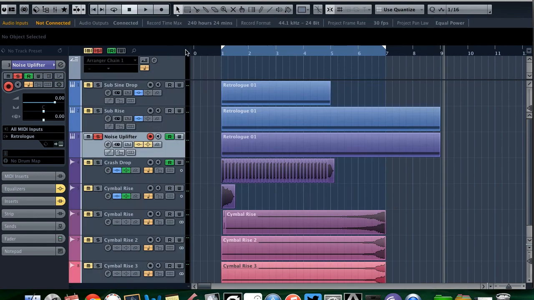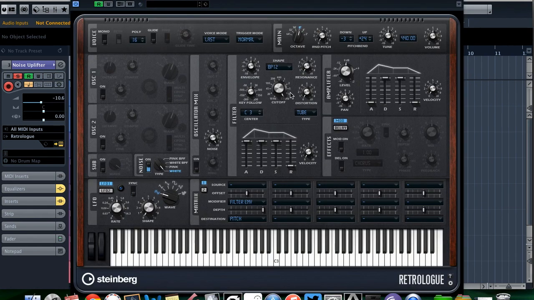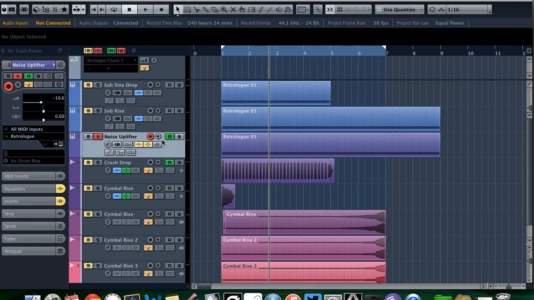You're going to get something like this, which doesn't sound like much. The reason is because of the cutoff wheel. So what we want to do is actually automate this so it goes from here all the way up. So I'm going to write automation